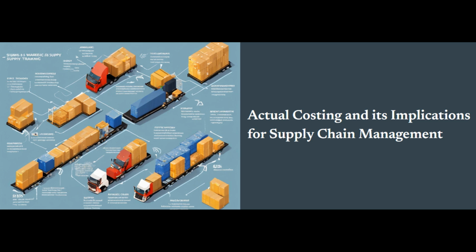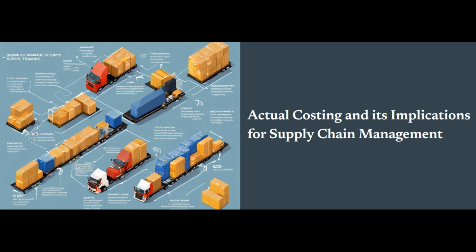Through the implementation of robust cost accounting practices, the integration of actual costing with supply chain software and systems, and the fostering of cross-functional collaboration, companies can unlock the full potential of actual costing in their supply chain management strategies. The case studies presented demonstrate the tangible benefits that can be achieved, including improved supplier relationships, enhanced inventory optimization, and